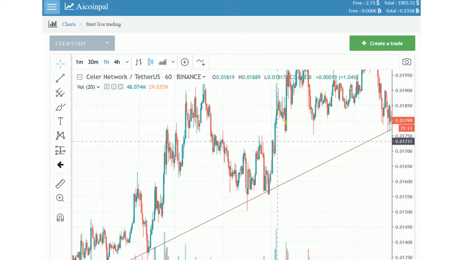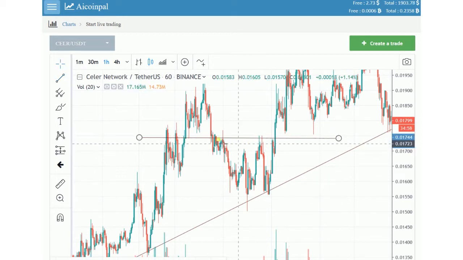So in this case, there would be a resistance zone over here, because this price area was rejected 1 time. Well, you could say 2 times and 3 times. And when the market fell down to a support area,